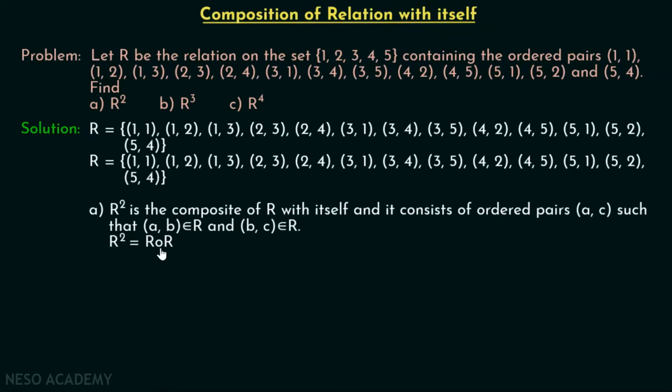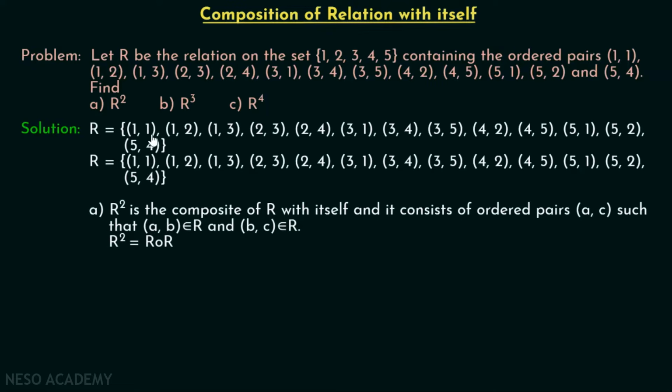For this, you must include the ordered pairs of the form (A, C), where (A, B) belongs to R and (B, C) belongs to R. You can see that we have this first ordered pair, that is (1, 1). And here also we have (1, 1). You can see that this ordered pair is of the form (A, B), and here we have (B, C). And here you can see that the second element is matching with the first element. Therefore, (1, 1), that is (A, C), must be included in R o R.